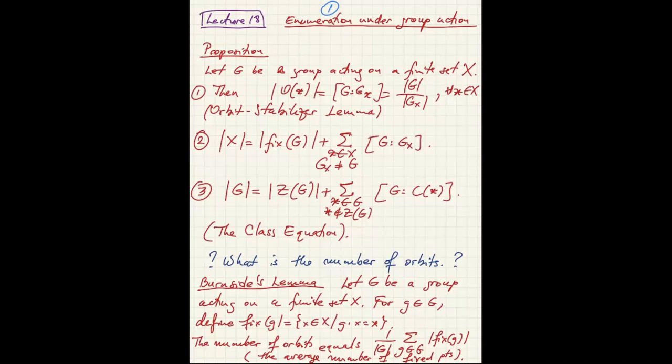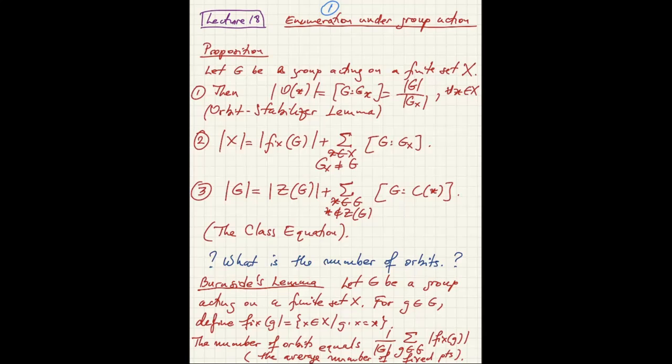So assume we have a group that's acting on a finite set X. Then the first result states that the orbit of an element x equals the index of the stabilizer subgroup of that element x in the group G, which is the same thing, if the group is finite, as the ratio between the cardinality of the group and the cardinality of the stabilizer. So this is usually called the orbit-stabilizer lemma or orbit-stabilizer theorem,